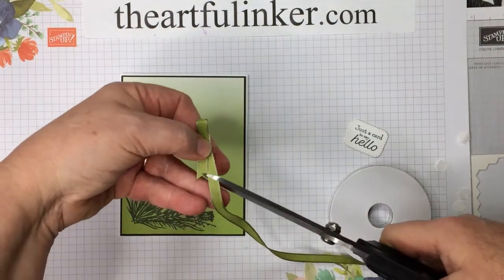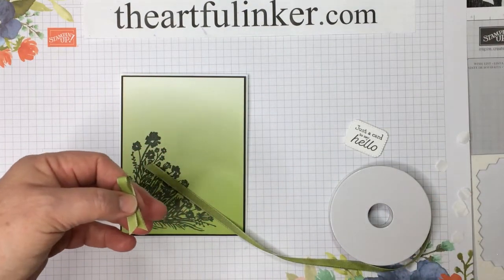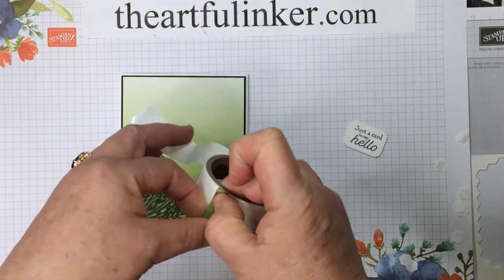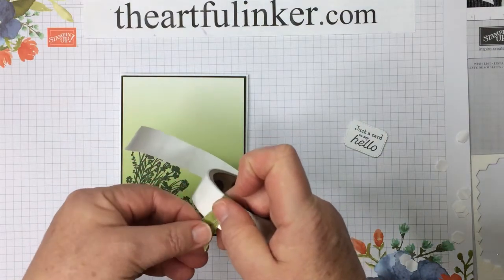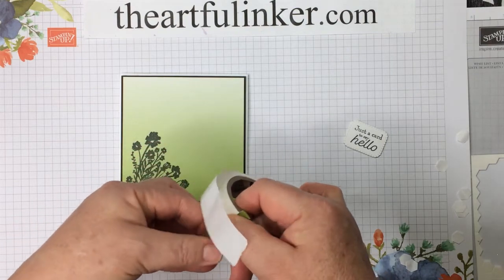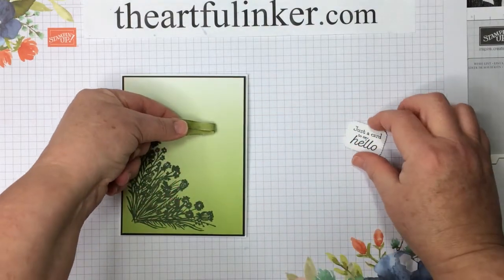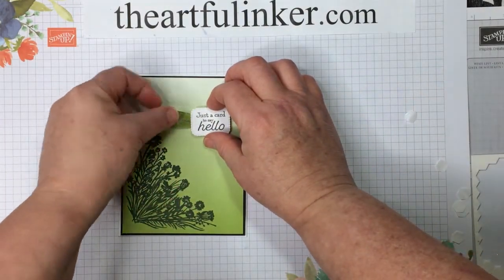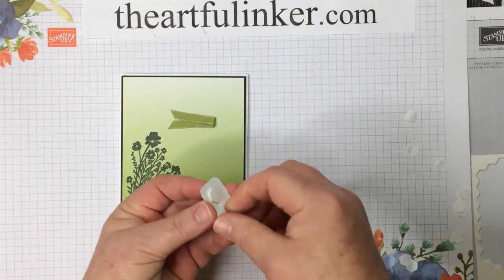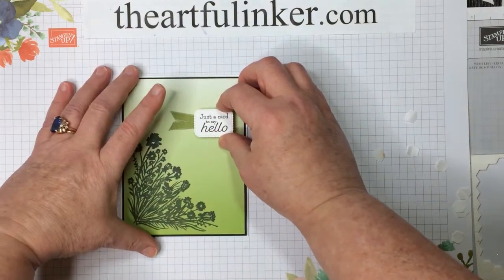and give that a cut here. Good. And my mini glue dots. Put a couple of these on so that it will both stick to the ribbon and stick to my project. Let's see. Okay, that's a good place for that. And then let's stick our sentiment down. Make sure that we're straight here,